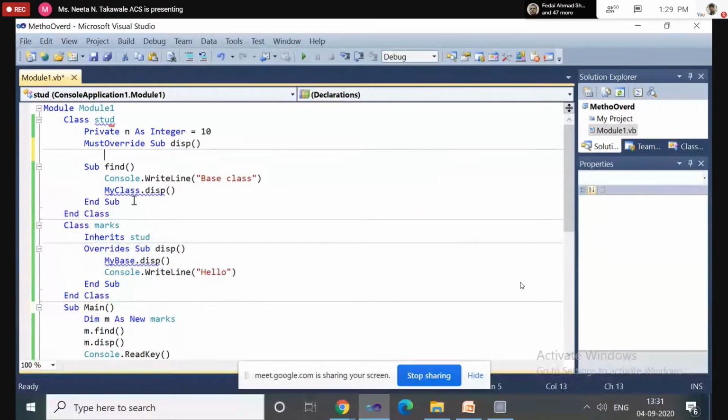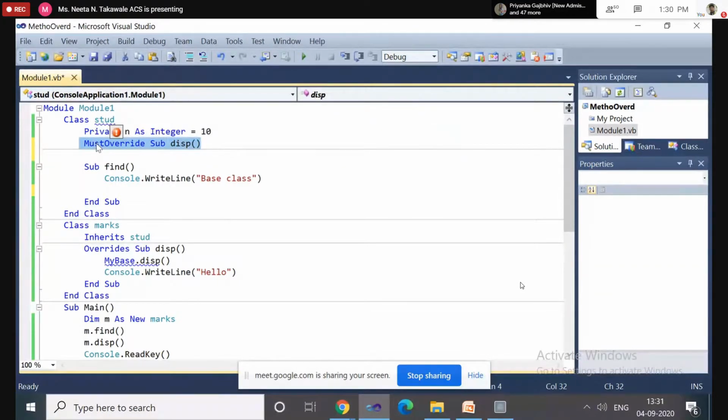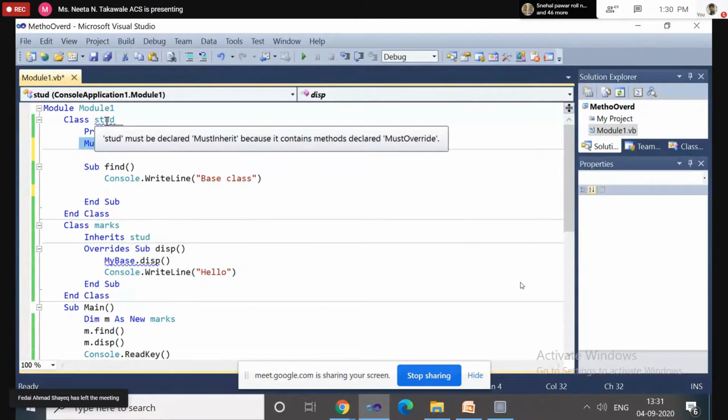Okay, so now when I'm declaring the method using MustOverride, it is again showing an error message for the Student class. Why? Because in the Student class I have declared one MustOverride method. If any class contains a MustOverride method, then that class must be declared using the MustInherit keyword.